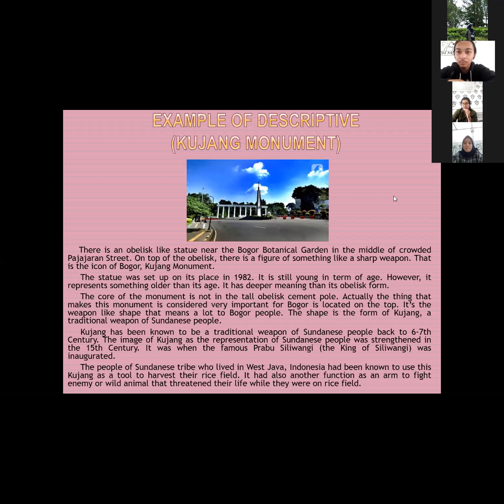The image of kujang as the representation of Sudanese people was strengthened in the 5th century. It was when the famous Prabu Siliwangi, or the King of Siliwangi, was inaugurated. The people of Sudanese tribe who live in West Java, Indonesia, had been known to use this kujang as a tool to harvest their rice field. It had also another function as an arm to fight enemy or wild animal that threatened their life while they were on the rice field.